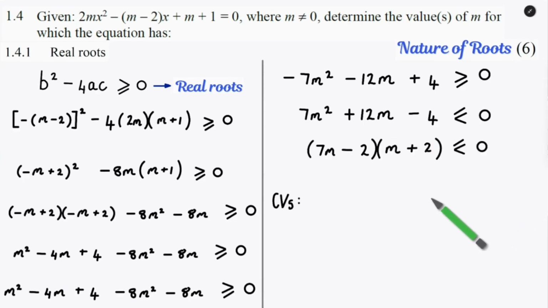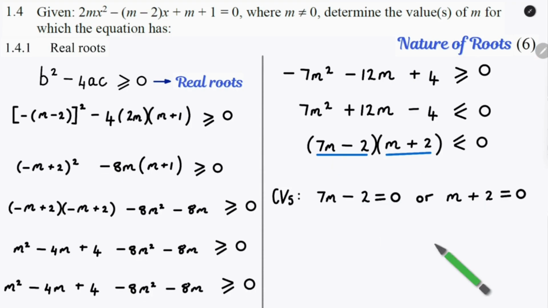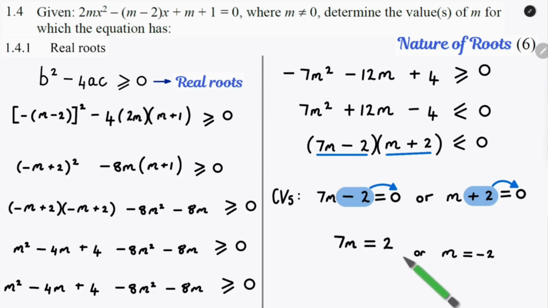And from our factorized trinomial, we're going to need to get our CVs. So to get our CVs, we grab factor 1 and factor 2, and we make each factor equal 0 separately with the word or in between them. Now we just solve for m. So we're going to take that positive 2 over, we're also going to take that negative 2 over, and we are left with 7m equals 2 or m equals negative 2. Over here, to get rid of that 7, we divide both sides by 7